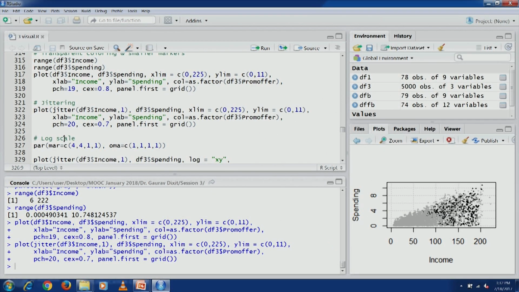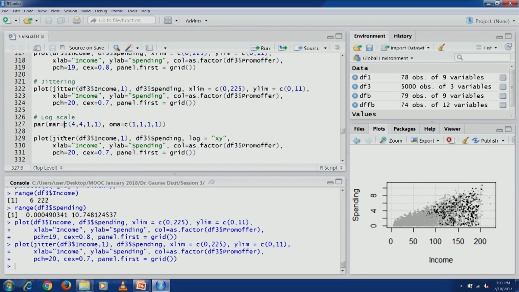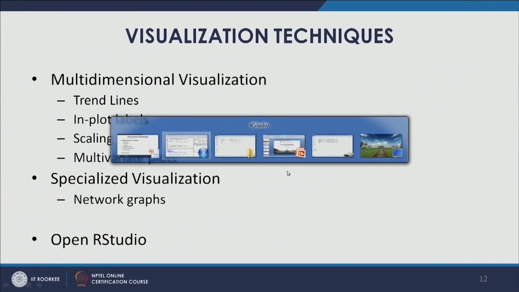So that is something that we have discussed in the previous lecture as well. Log scale. We can transform both these scales, x and y scales, and logarithmic scales could be used, and that is further going to improve the visibility of the points. If we again have a look at the plot,